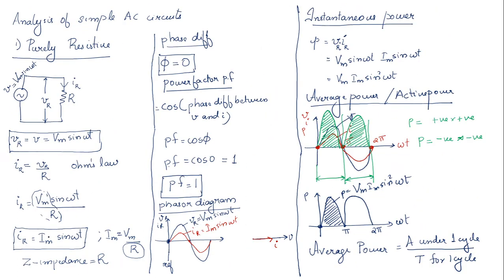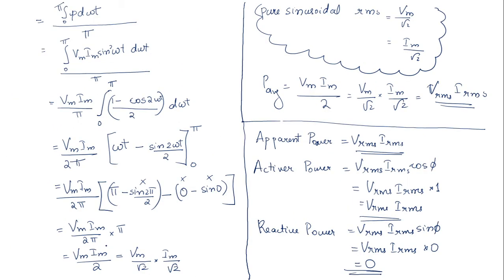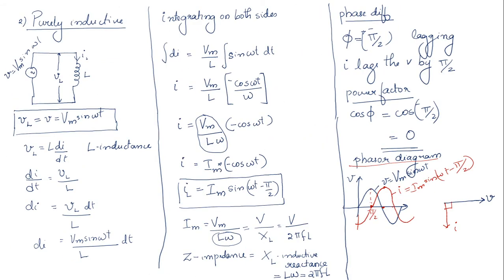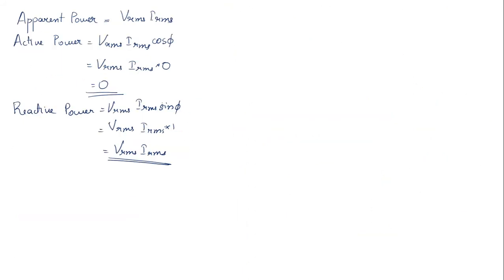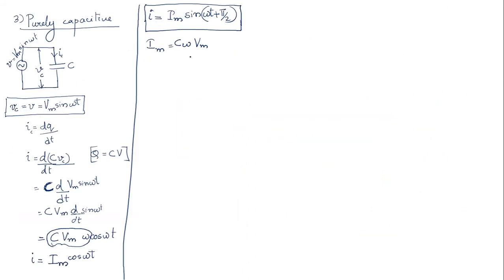Here also you can see Im is represented as Vm by R, and this denominator is considered as the impedance for the current. So in the case of a purely capacitive circuit also, we need some element to be the denominator of Vm, so that we can say that that is the impedance for the circuit. Unfortunately, you can see here there is only numerator.